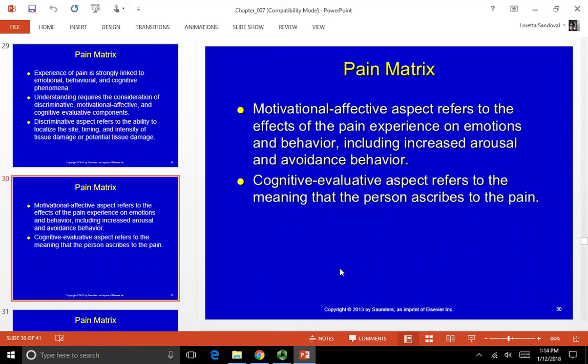There can also be emotional rewards, basically, for staying in pain. It could be the person gets more attention because of their pain. It could be they hate their job and they don't want to return to work, and by still being in pain, that allows them not to return to work. So there might be some sort of secondary gain involved. People don't do this stuff on purpose. This is very much on the unconscious level, but what comes to the conscious level is pain, and that's what